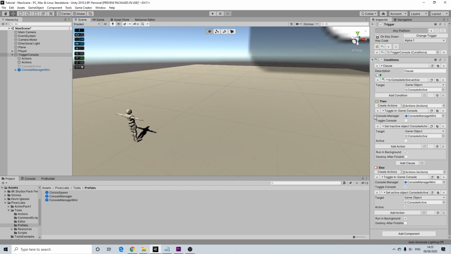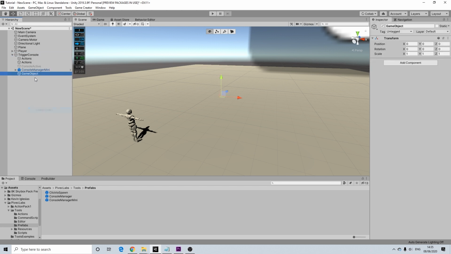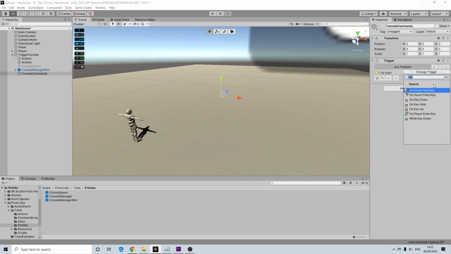Now you can set the player inactive while we're doing this. I'm not going to do anything of the sort, just going to keep it like this. And let's go ahead. So I'm going to add an empty here, and this empty will be all of our commands. So I'm going to add console commands. There we go. And we're going to add a bunch of triggers here, and